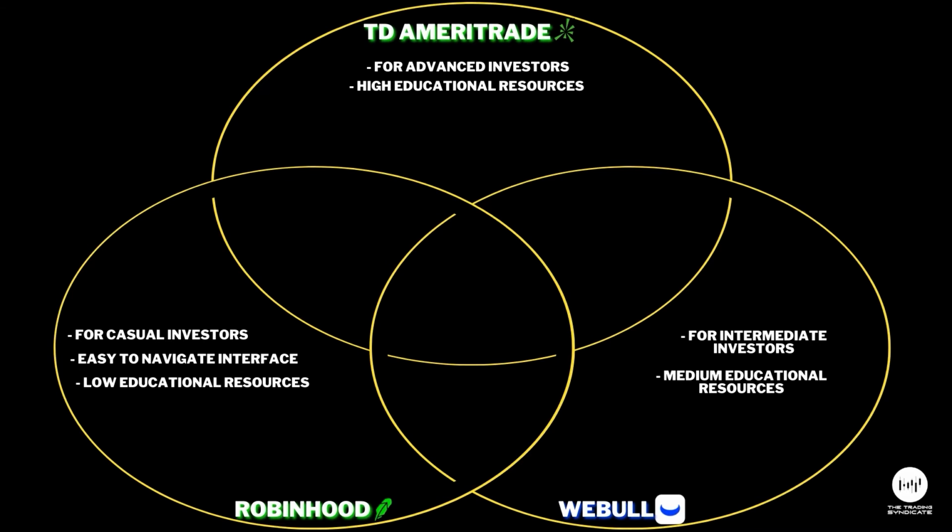Each of the three platforms allows for stocks, ETFs, and options to be traded directly on the platform. However, cryptocurrencies cannot be traded on TD Ameritrade yet, but are accessible through both Robinhood and Webull. American Depository Receipts, or ADRs, are unavailable on Webull as of now, but can be traded on both Robinhood and